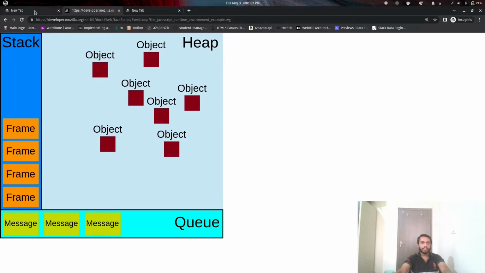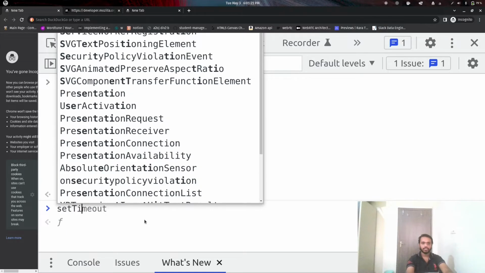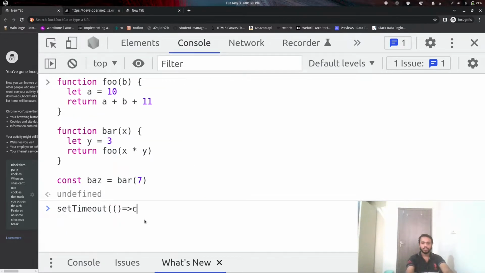Let's assume we have a setTimeout which creates a delay of 1 second and prints 1 to the console.